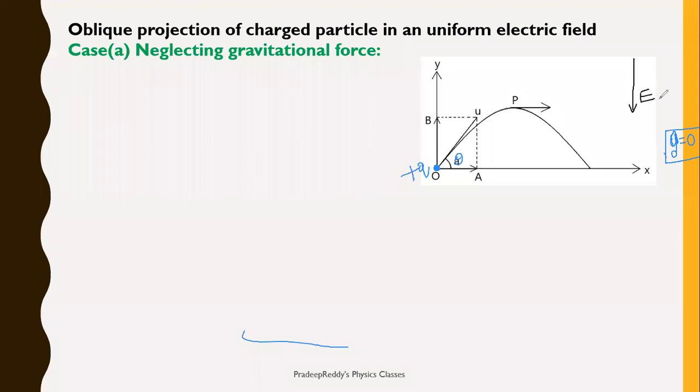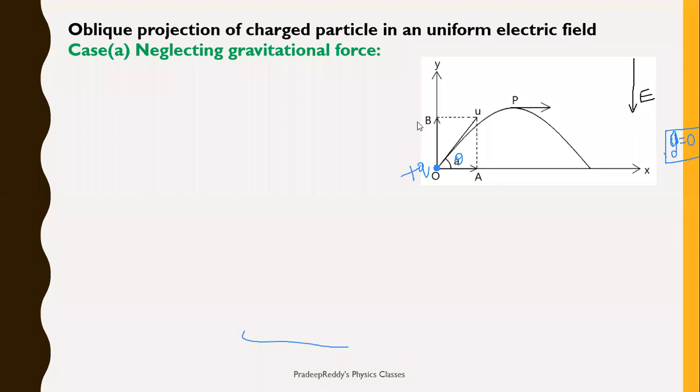Electric field is along the downward direction, along the y direction. Because of that electric field, what would happen to this charged particle? It will be experiencing a force in the y direction. As a result, slowly the y-directional component's magnitude decreases and finally tends to become zero, and then it continues its motion in such a way that the component along the y direction has a magnitude that goes on increasing. So understand carefully. At this particular point, it has initial velocity both along the x-axis as well as the y-axis.